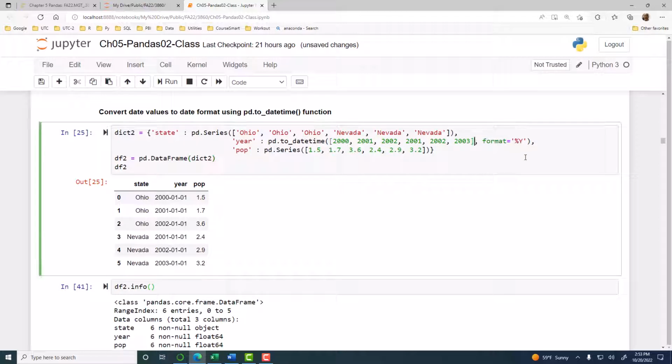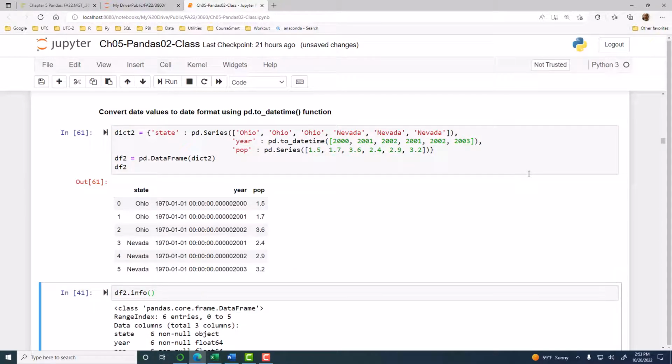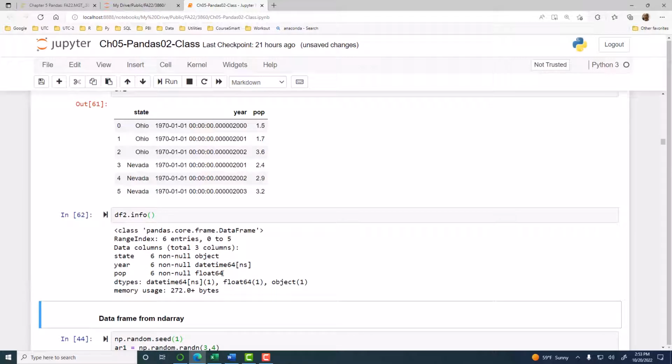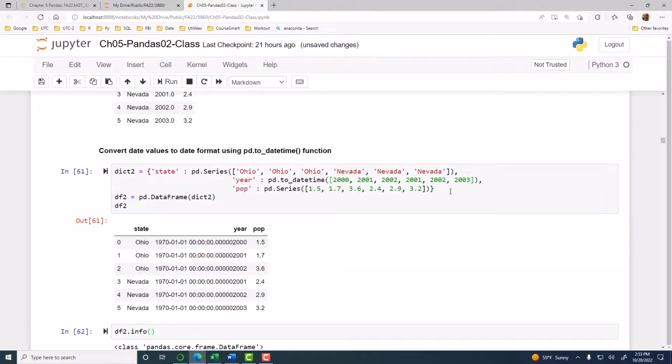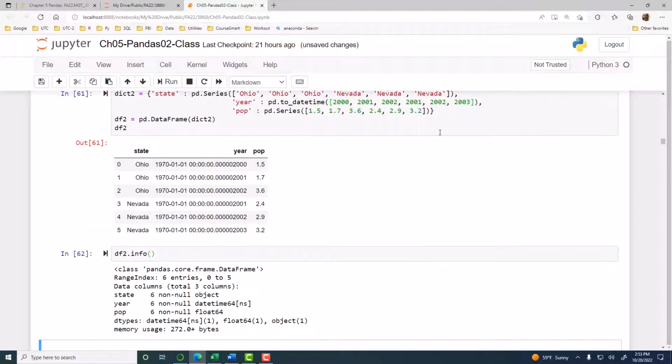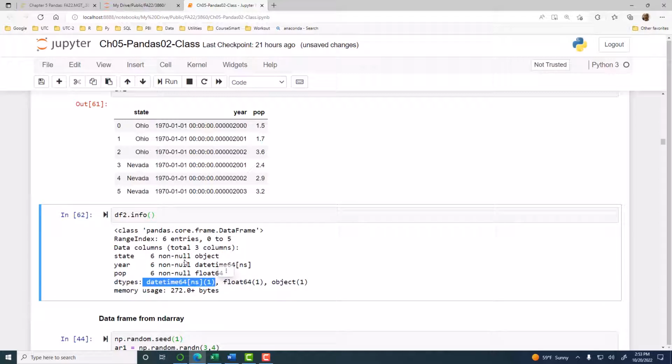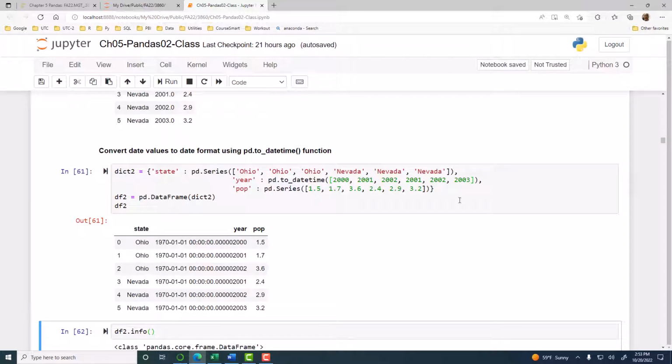Here I think it is because of the format business, maybe if I don't have the format. Yeah. I probably did not specify the format correctly. When I removed the format, okay, the year came in as datetime. So that was the reason. I don't know why I didn't have the correct format. I have to look at that. Okay? Any questions? All right, so we'll stop